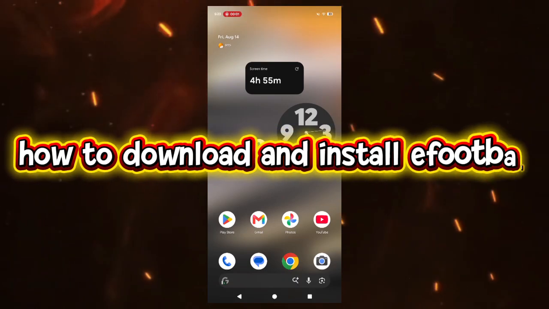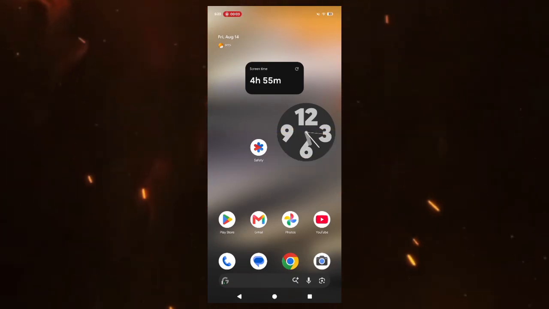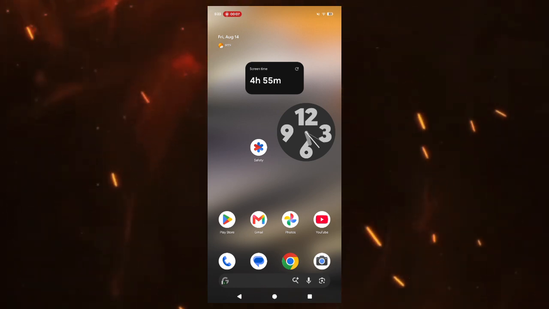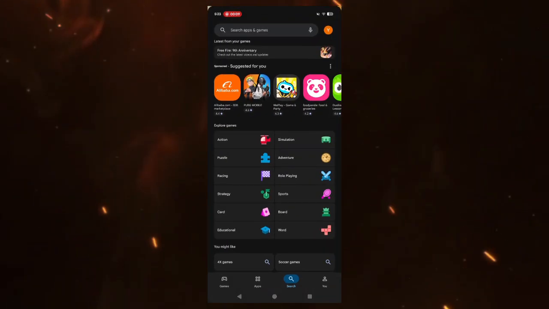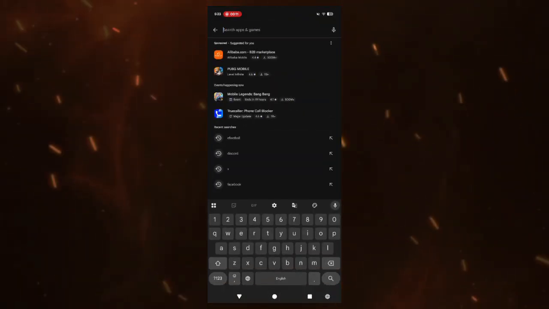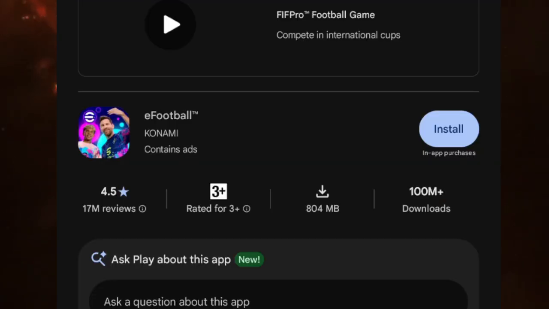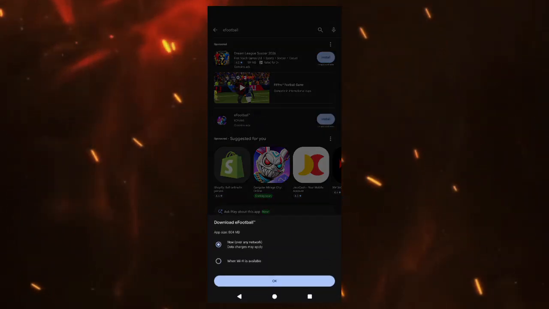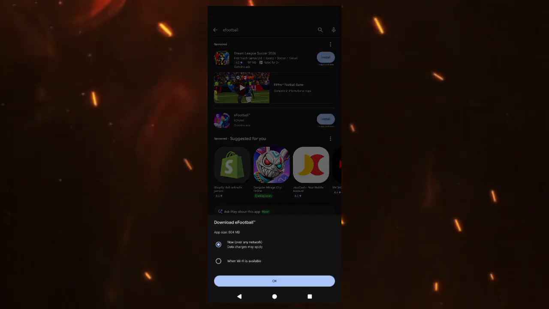In this video, I'll show you how to download and install eFootball on both iPhone and Android. First, let's start with iPhone. Open the App Store and search for eFootball. Make sure the developer is Konami, then tap Get and wait for the game to install. eFootball currently requires iOS 15 or later and around 3.3 gigabytes of storage, so make sure you have enough free